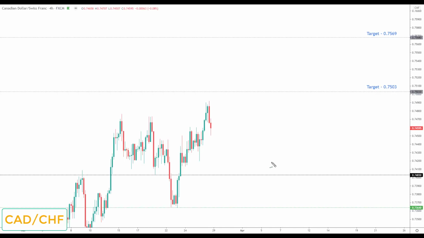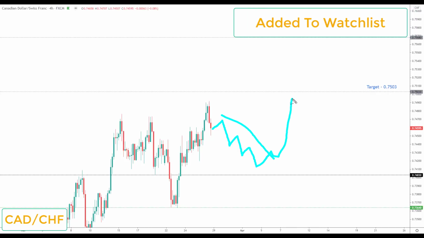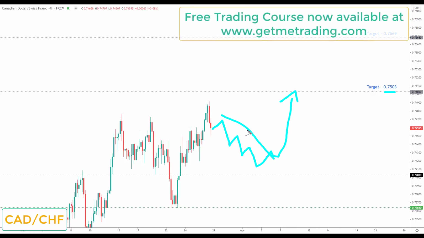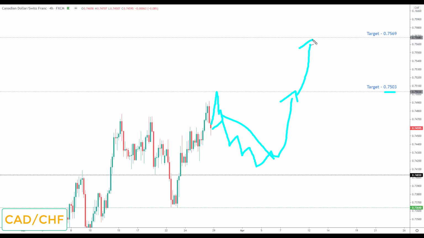So if you did buy Cad Frank last week at the start of the week and you closed out at the end of the week, well, you still would have made money, but it was the first week we didn't quite get to the target. Having said that, any correction in this market this week, I am looking for it to come and take out the target, if not last week, this week. Any correction would simply just be viewed as another opportunity to look for long positions in this market up towards the next key area of resistance, the upside of the target set at 0.7503. And if we bounce first from this target and we take it out and then correct, I would be looking up towards the next key area of resistance, the upside and target 2 at 0.7569.